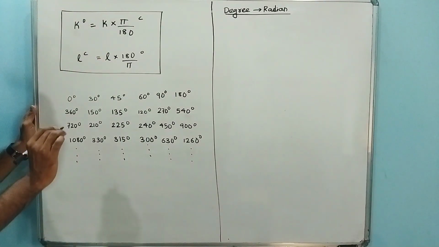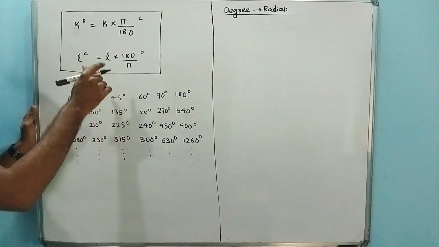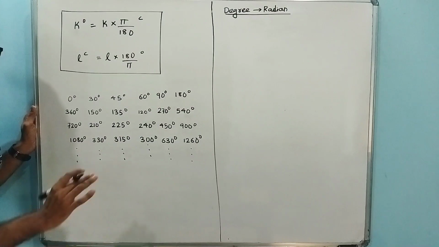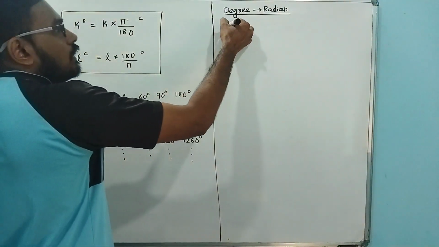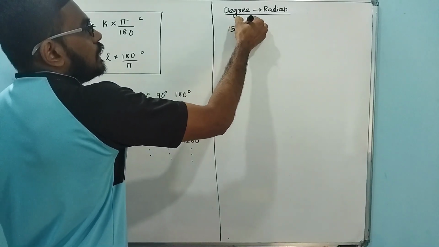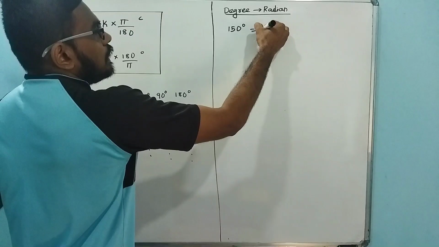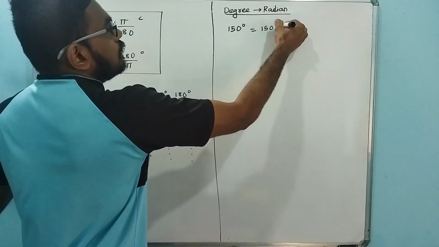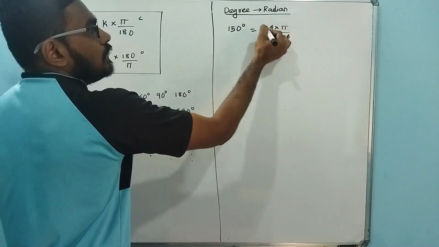Okay. Now these are of only two types. First, when the last digit is 0, and second when the last digit is 5. So both cases we'll see. First we'll see when the last digit is 0. For example, 150 degree is equal to, with the help of this formula, 150 into pi upon 180, then we cut this 0, and these two numbers